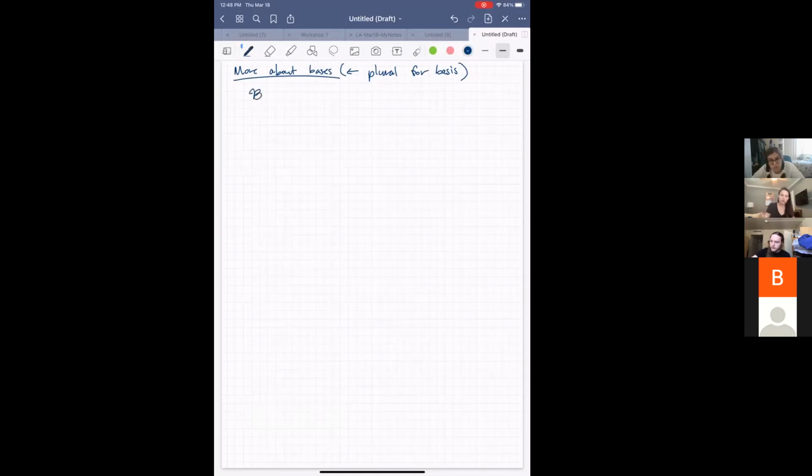It's like a cursive B or a script B, and that will just be the set containing these vectors that will form a basis. So we say that this collection right here is a basis for a subspace H